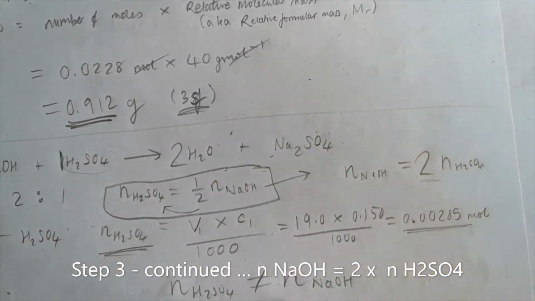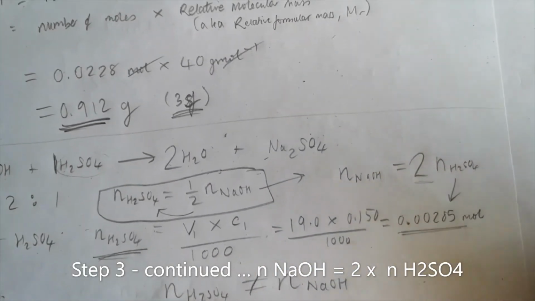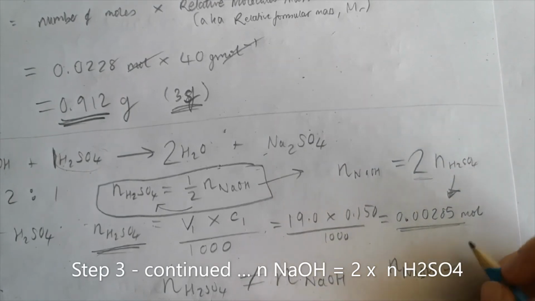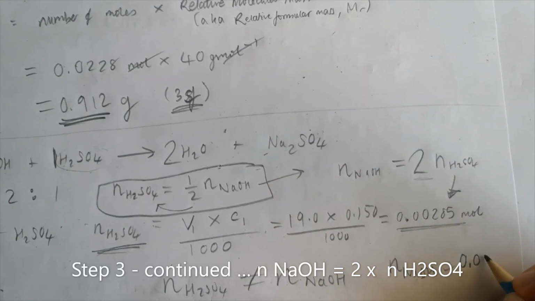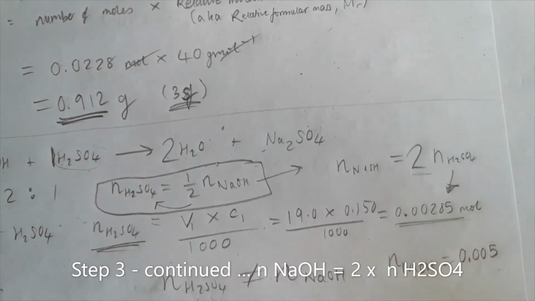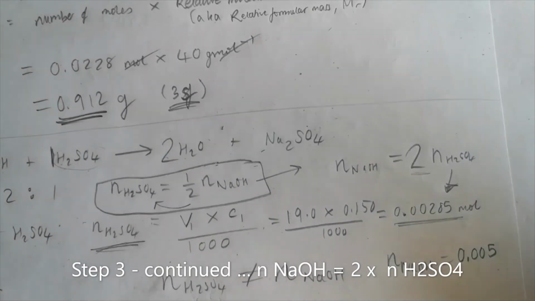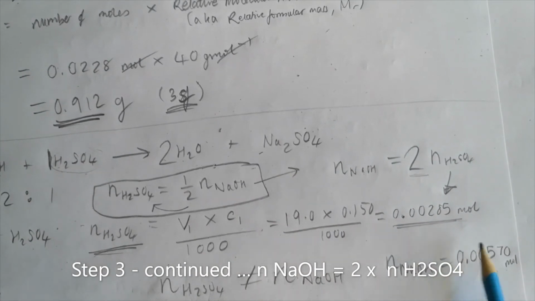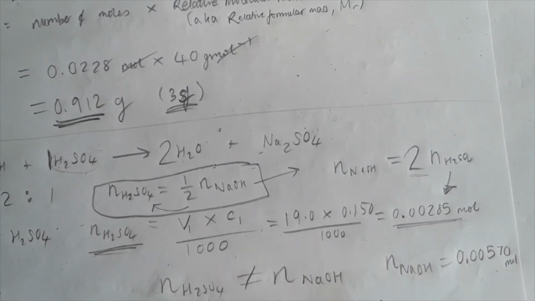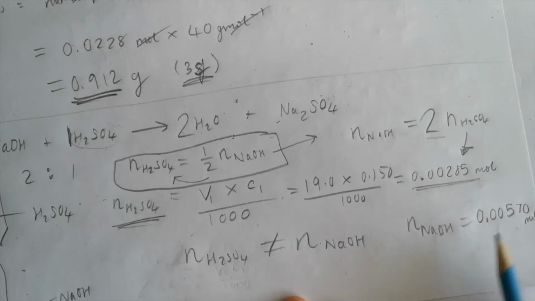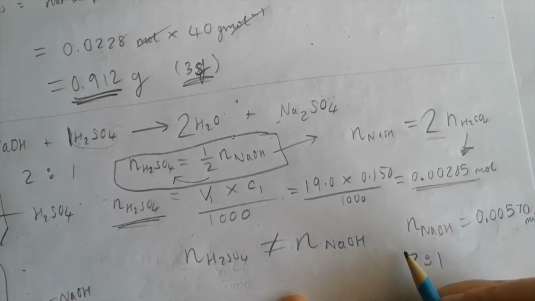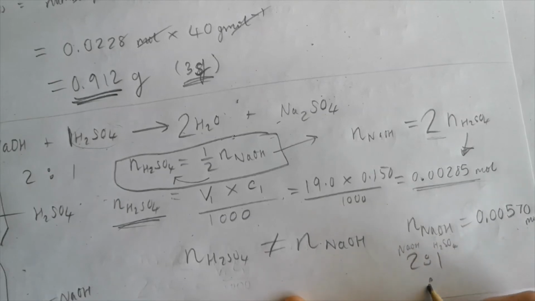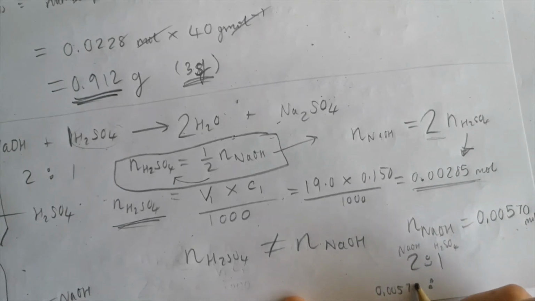Subbing in our number of moles of H2SO4, we can say that the number of moles of NaOH is equal to 0.000570. Now let's just check in our heads, does that make sense? Yes, it does, because we have a 2-to-1 ratio of NaOH to H2SO4. We have 0.00570 and